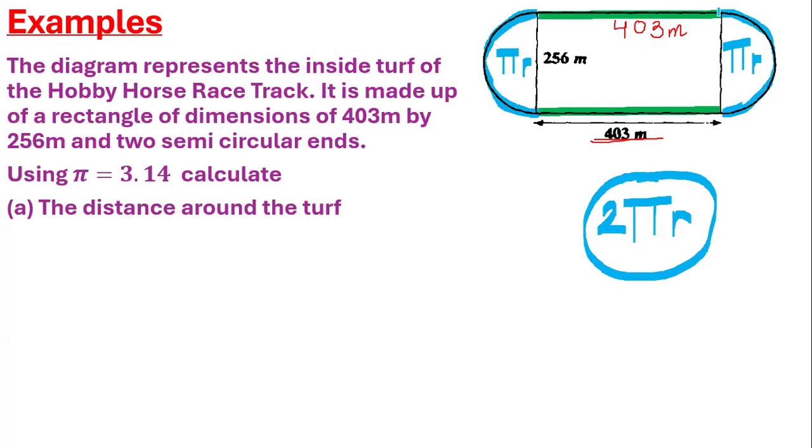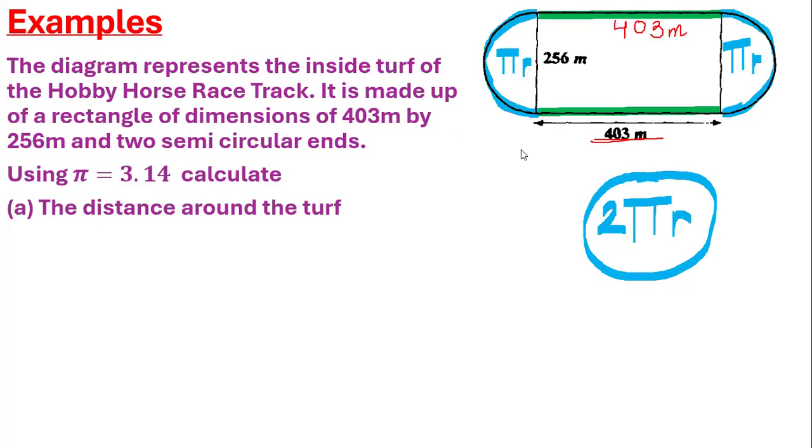Also 403, very good. And if this side right here is a semicircle and it's pi r, and this is another semicircle, it's pi r, what is going to be the circumference of the entire circle? 2 pi r. 2 pi r, very good. So let's go ahead and do that to find a distance. So the distance, therefore, is going to be,